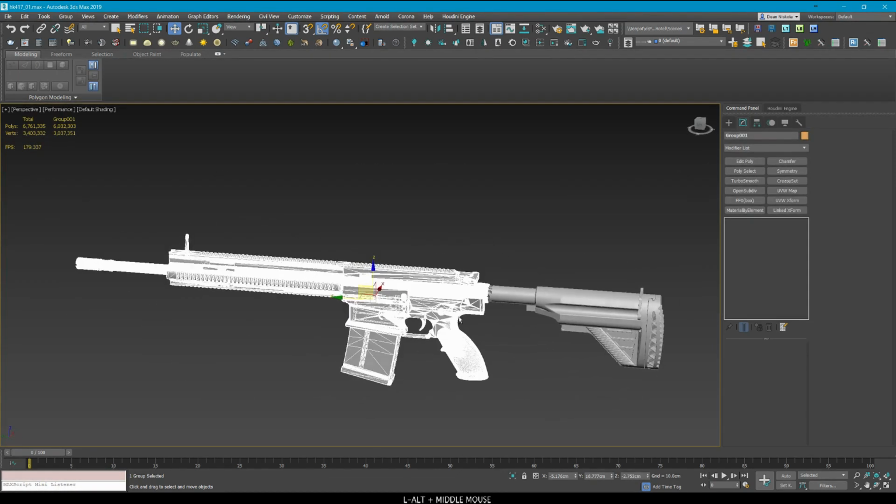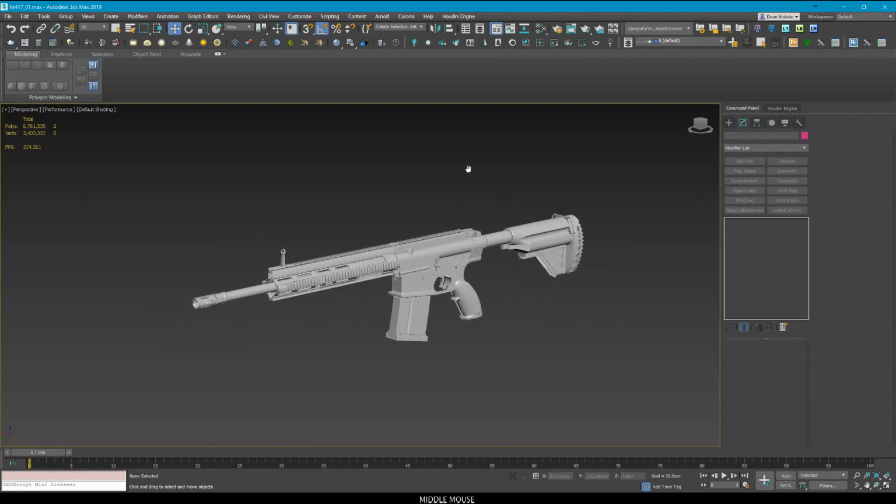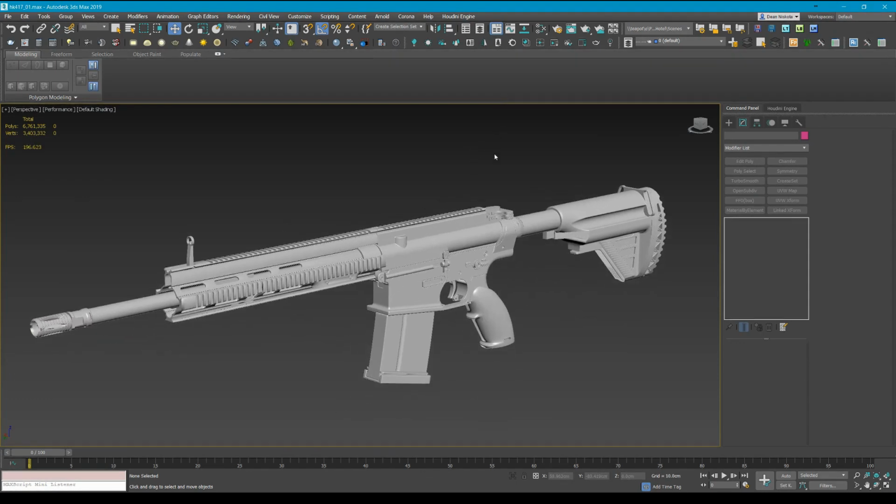So the concept behind this, well, basically this is an assignment I got from the main guy who runs the mod of the French Foreign Legion. Basically, we are a modding community that does a French Foreign Legion mod for the game Squad, which is a FPS military simulator, basically. Still in alpha, I think, but it's getting there. So yeah, this is one of the random items I got off the list, and I started working on it,